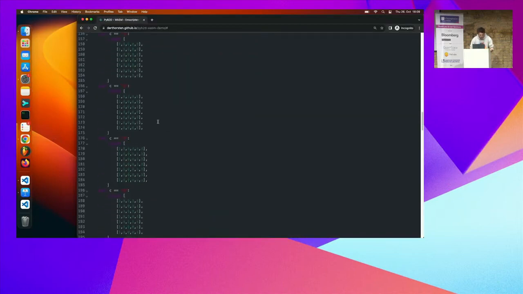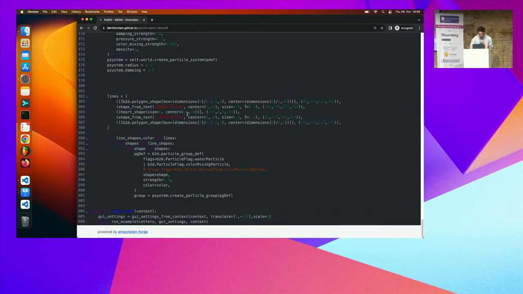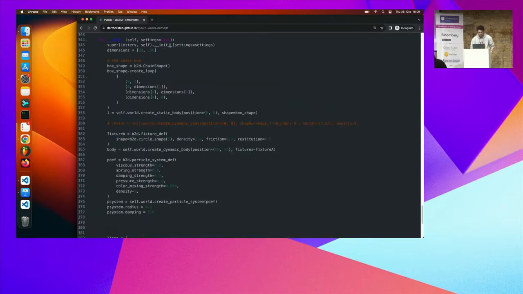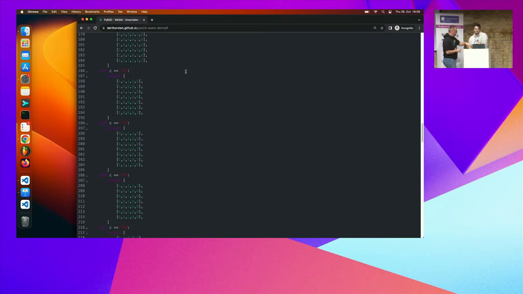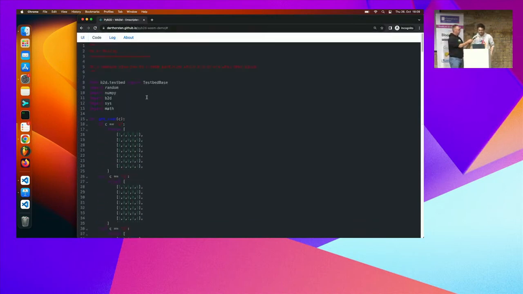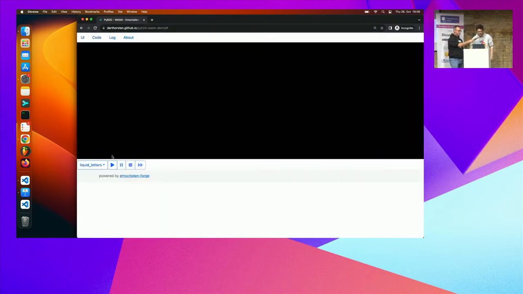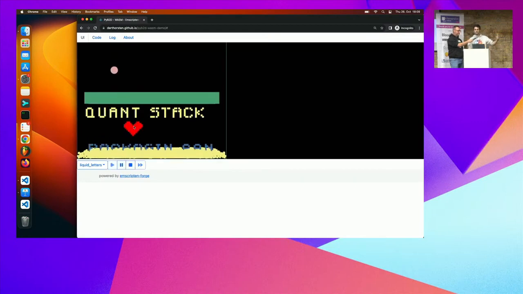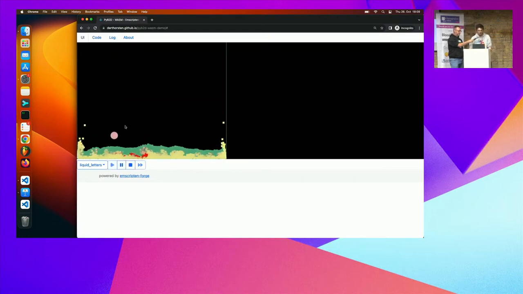So here we have some code, never mind what this is, but this is just Python code we can change on the fly. And originally I wrote this code for EuroSciPy. But we're not at EuroSciPy, so let me change this to PackagingCon. And let's move this a tiny bit. Sorry. And now we can run this, and we see here box2d compiled to Python running in the browser, where we